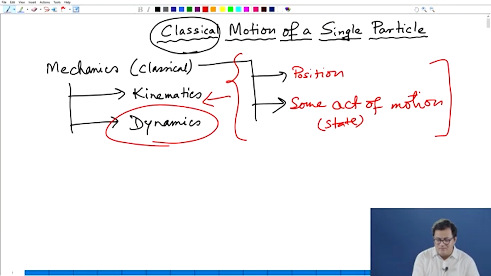So, for dynamics I need something else other than position and the attempt of motion of the particle. I need something else, okay? And that creates something which we know as a force, okay? And that is why this is the part which basically comes through what we know as Newton's laws of